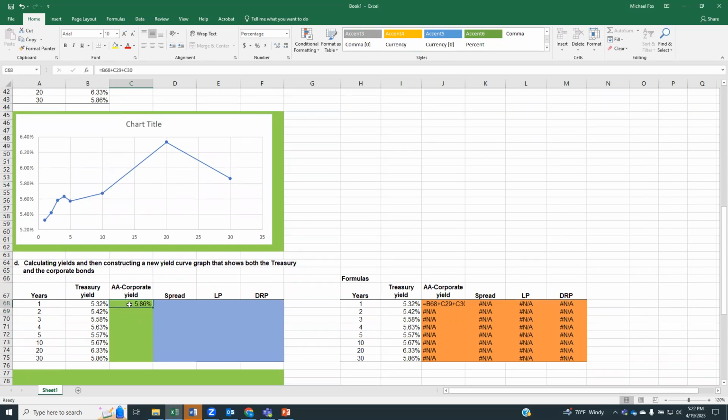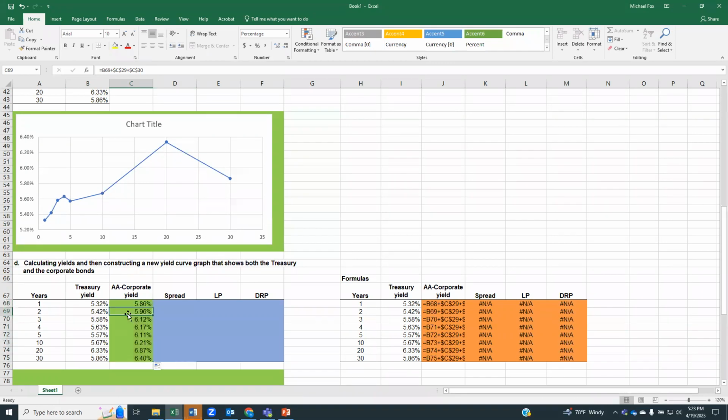That's it. So now I can just fill this down if I want to, but I have to be careful because I want it to fill this, but I want it to leave those two, the premiums, on the same cell. So I'm going to put dollar signs on either side of C for C29 and either side of the C for C30, which says lock your calculations on those two cells, but allow this cell to move with the fill button. So now as I grab the fill button and pull it down,